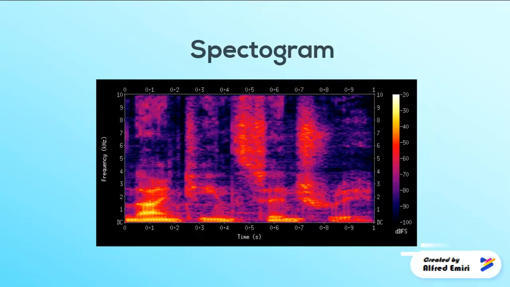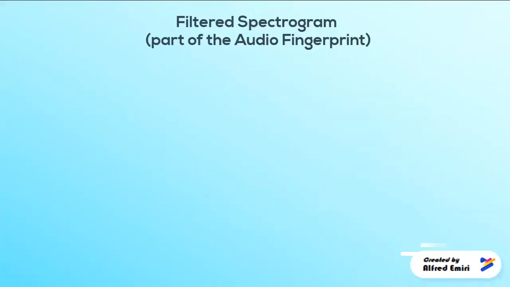This is where the spectrogram comes in. A spectrogram is a visual representation of sound. It's a three-dimensional graph with time on the x-axis, frequency on the y-axis, and amplitude of the frequency on the z-axis, which is often represented by a color. This way, this 3D graph is something a computer can absolutely recognize and store as data, but there is a